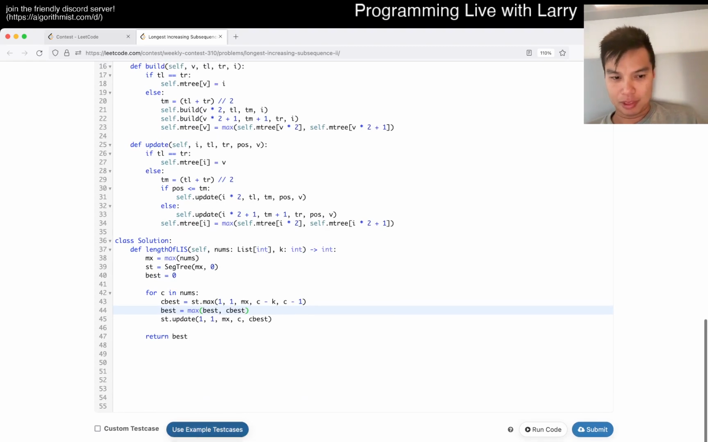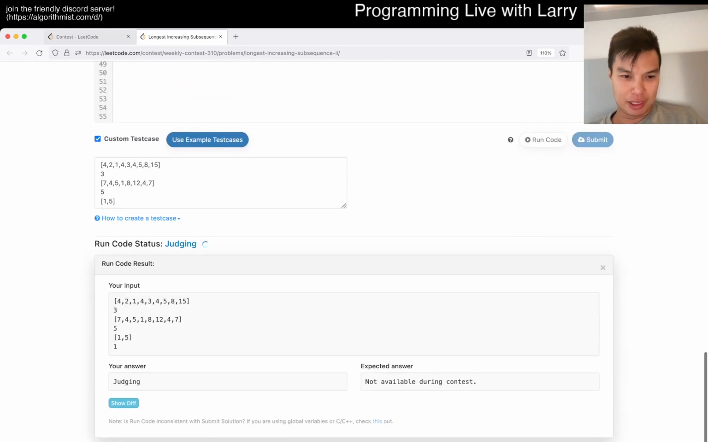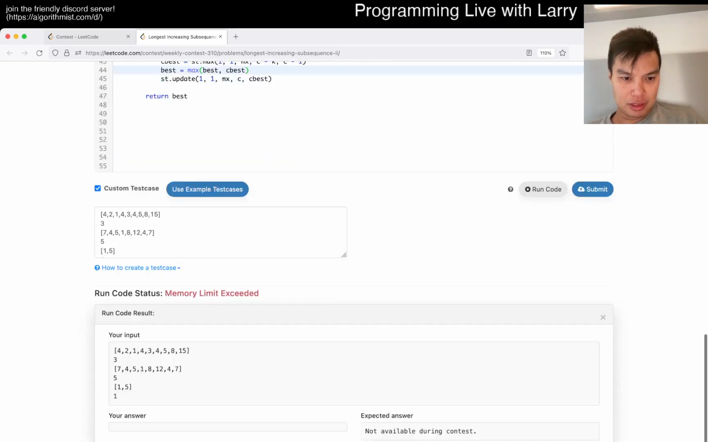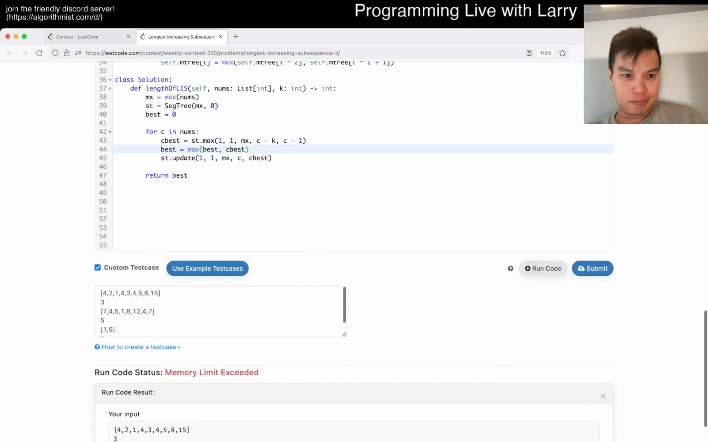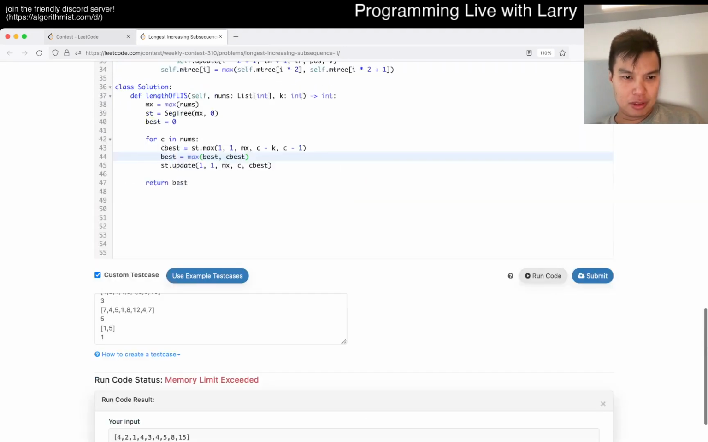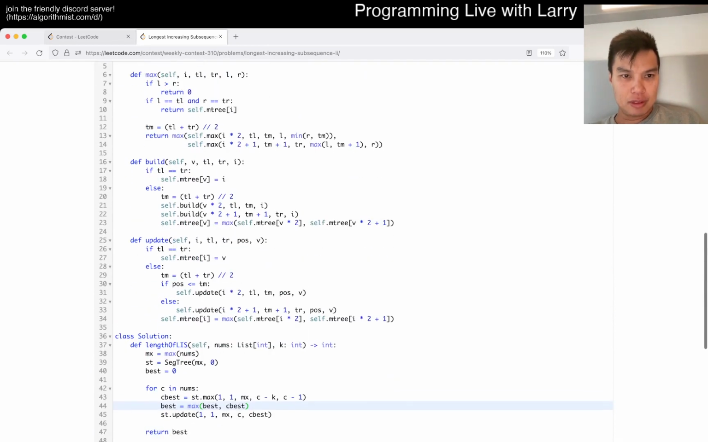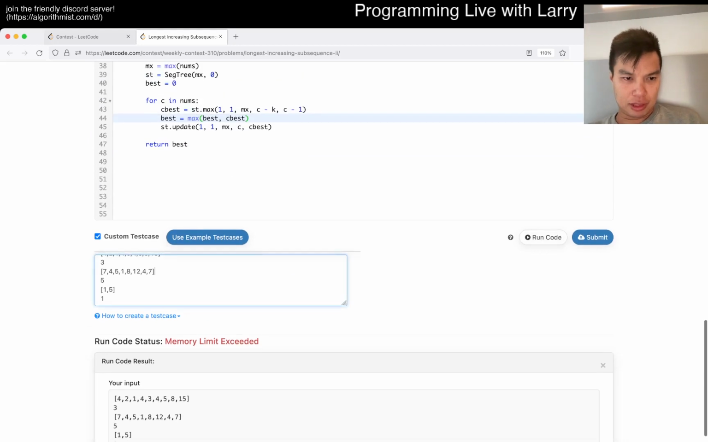I imagine people who are better than me at Segtree probably got it very quickly, but assuming I got it right. Was this 541? Okay. Huh? Memory limit exceeded. Did I do this wrong? It shouldn't be memory limit exceeded of all things, unless I